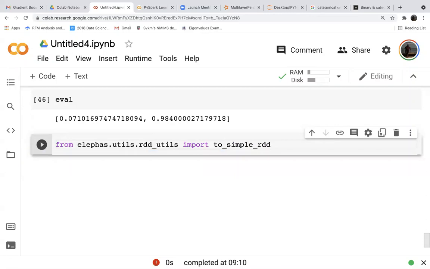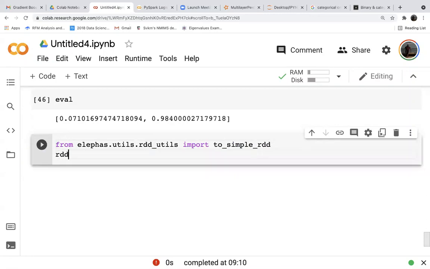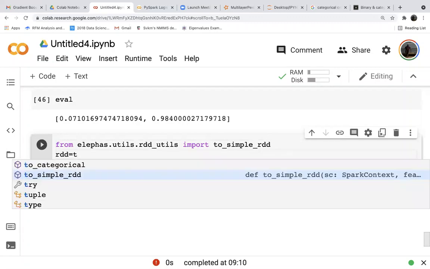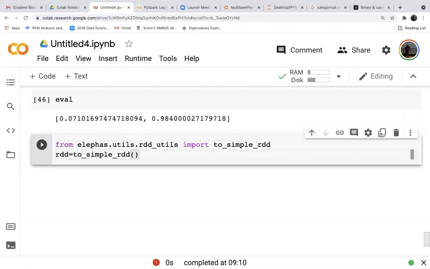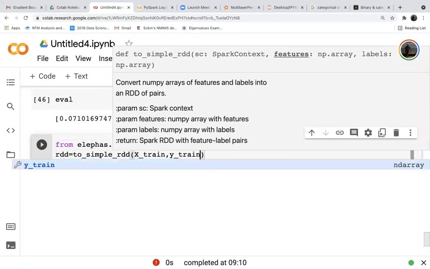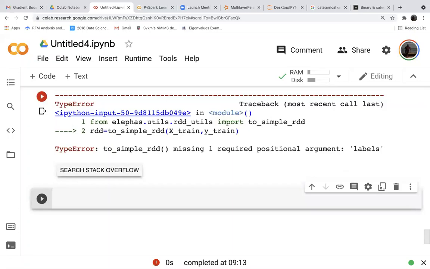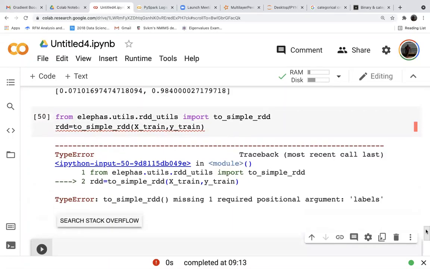Let us say to_simple_rdd. rdd is equal to to_simple_rdd(x_train, y_train). Required positional argument: labels.